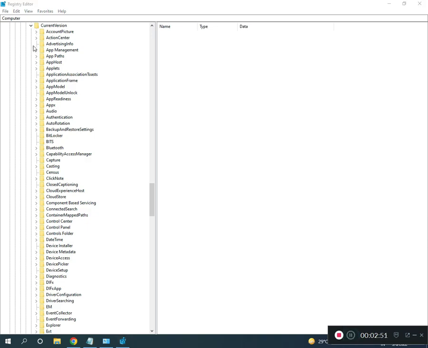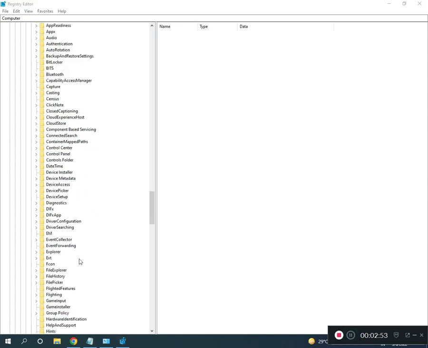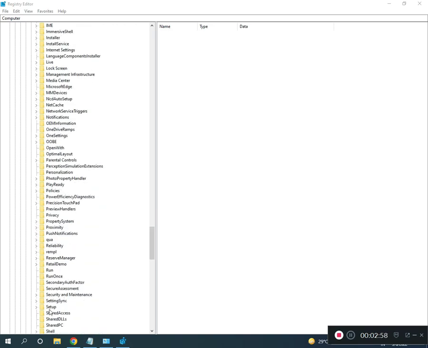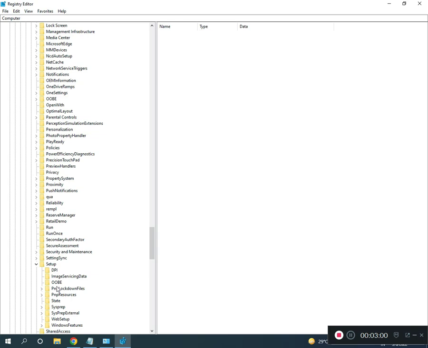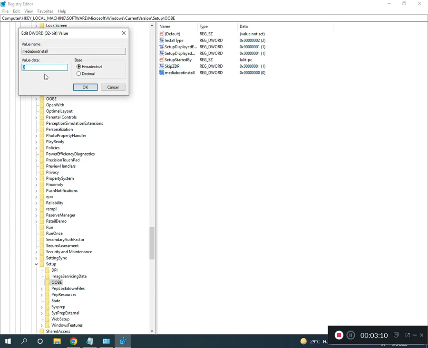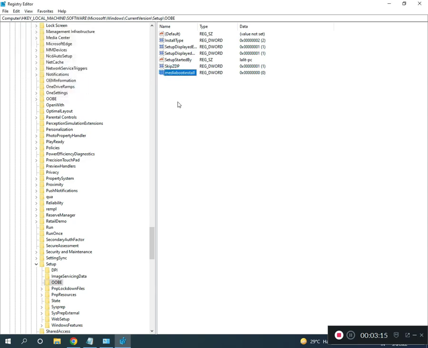then Setup, then OOBE, then MediaBootInstall, double click to set it to 0. Okay, then close. This location I will give in the description, so you then close,